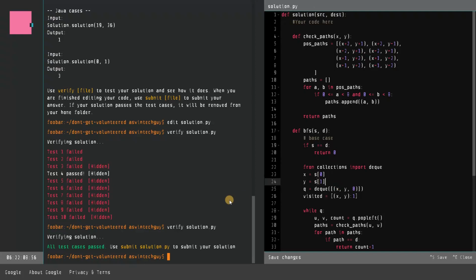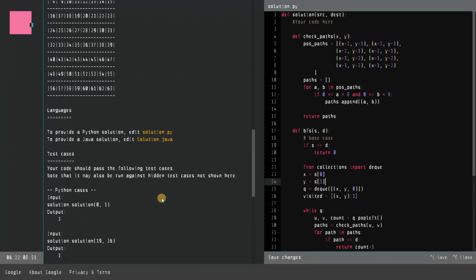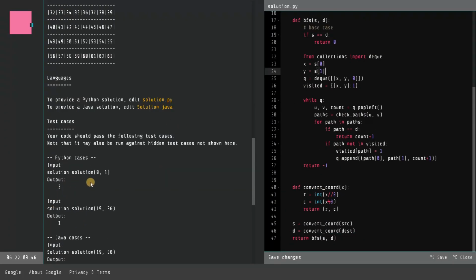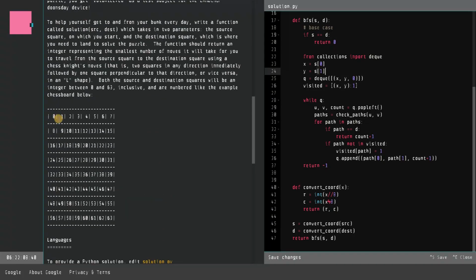So before submitting, I will just recap it once, because after that I can't access the file. So this is our question. Let's take the example as 0 to 1. So 0 is here, 1 is here. The possible path is 0 to 17, 17 to 11, and 11 to 1, so it will take 3 moves. First I'm converting the source and destination into matrix indexes. So it will be 0 comma 0 and the destination will be 0 comma 1, and I am calling